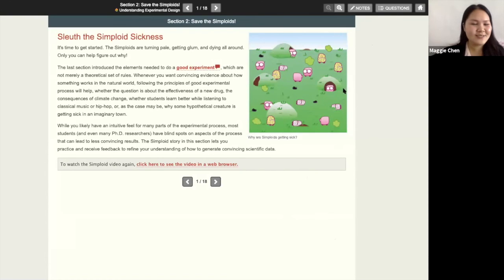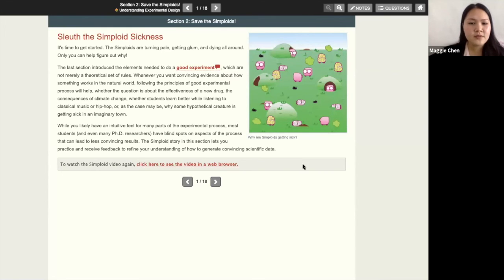Thank you. Awesome, great. So for section 2, we're going to try to save the symploids. The symploids live in the town of Idyllic, and they are somehow getting sick, and we don't really know why. We're trying to test between different variables to see if it's due to the herbicides that are in the grass, because they feed off of grass, or is it because of the pests that live